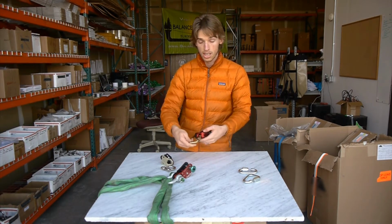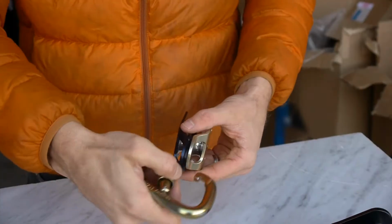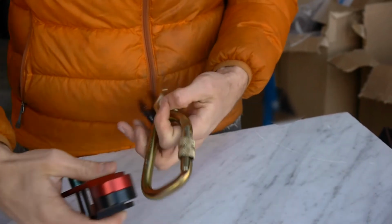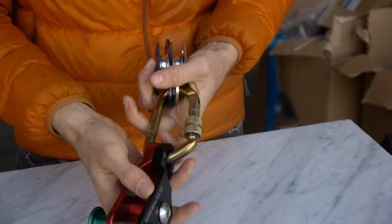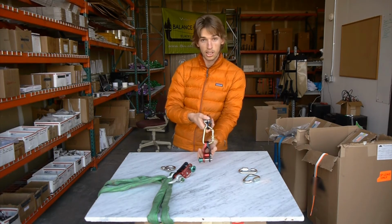bend like this. And so how I typically use this is I will clip the carabiner to whatever I'm attaching it to first, and slide that to the sharp end, leaving the flat end on the open end of the carabiner, and then clip it right to your WebLock, locking the carabiner. And as you can see, it sits really well on the flat end of that